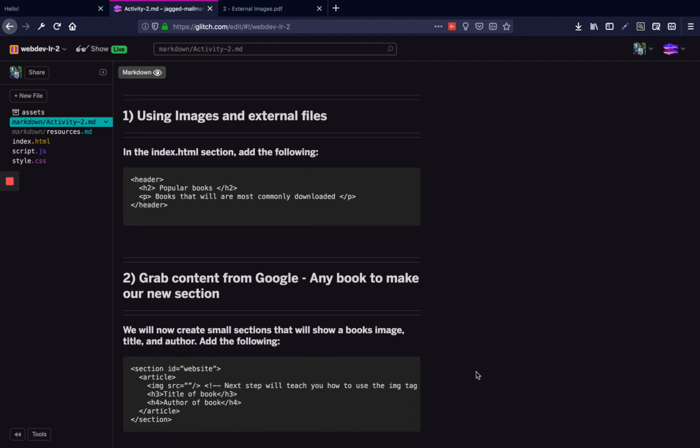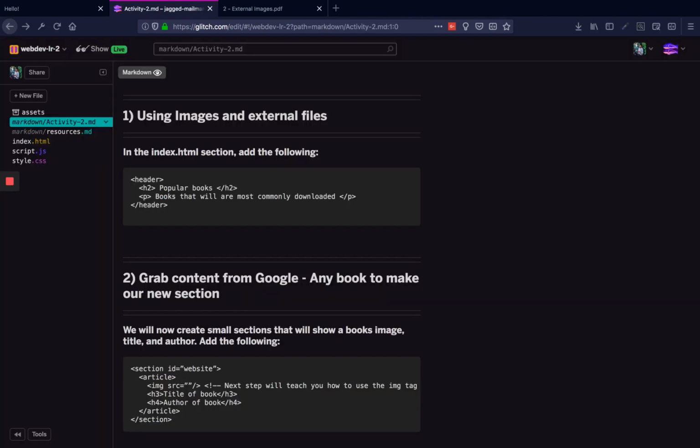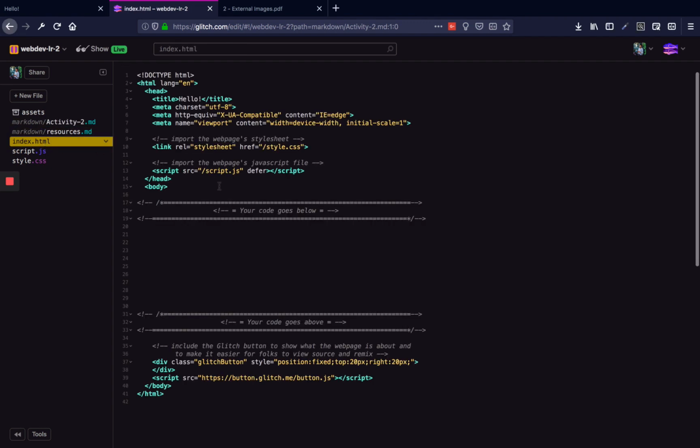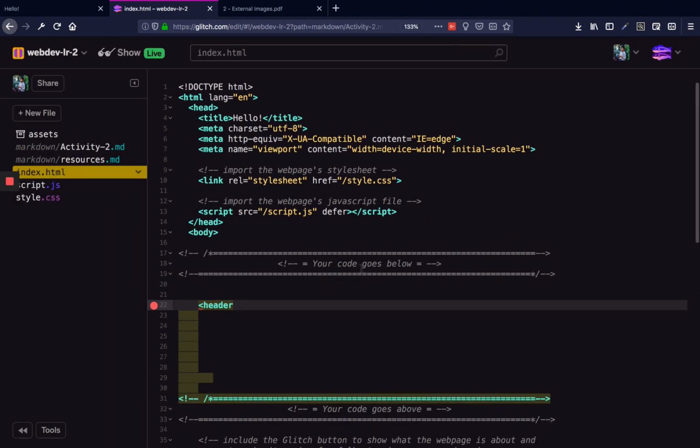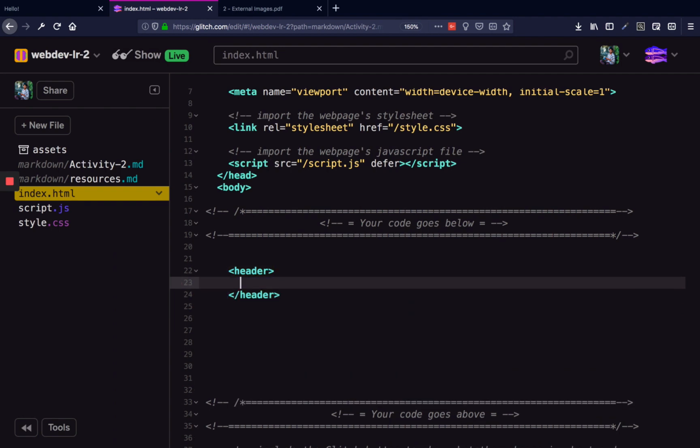So the first thing we're going to do is, in our index.html file, create the following. I gave myself a second screen over here just so I could see the instructions. And let's create our header. We go over to our index.html file and we're going to create our header. Double space, indent inside, and we're going to create an H2,